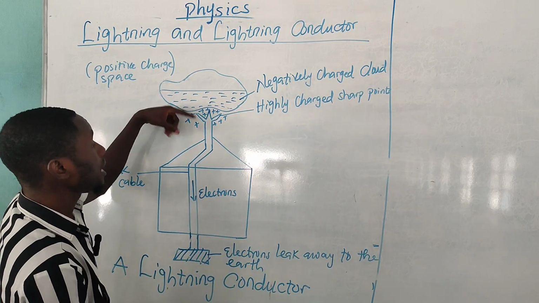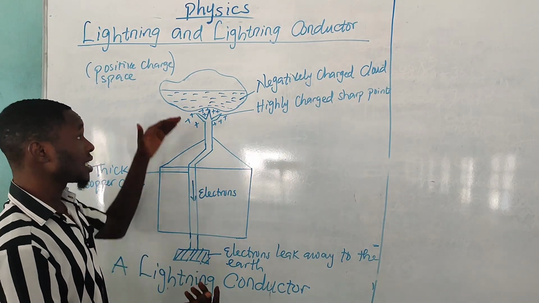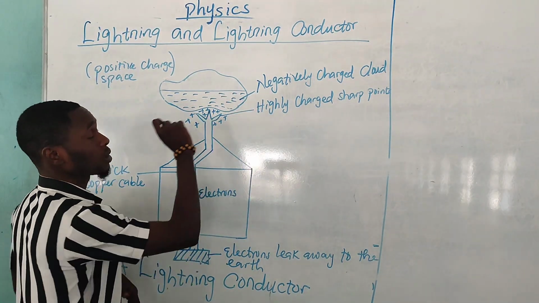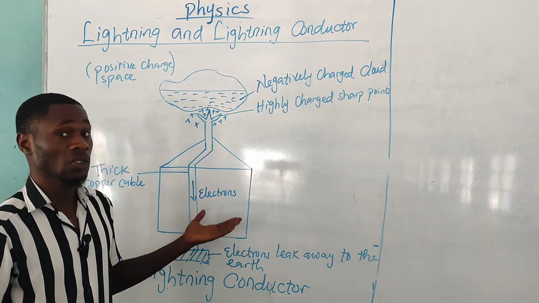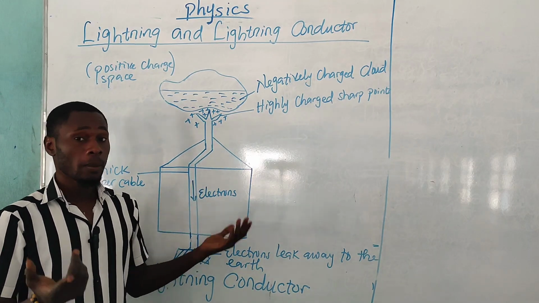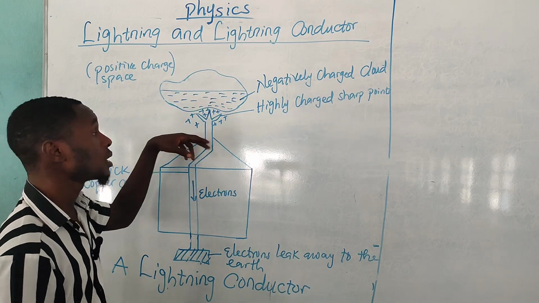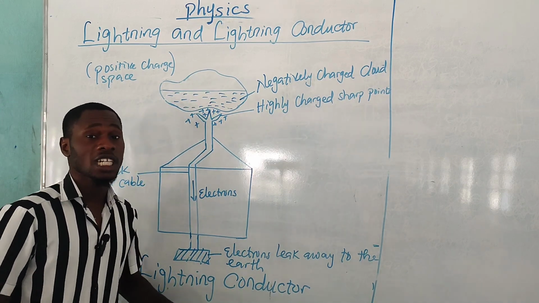The type of cloud that passes closer to it. If it is a positive cloud that passes closer to it, then that positive cloud will induce negative charges on the metal spikes. And if the cloud is negatively charged, that cloud will induce a positive charge on the